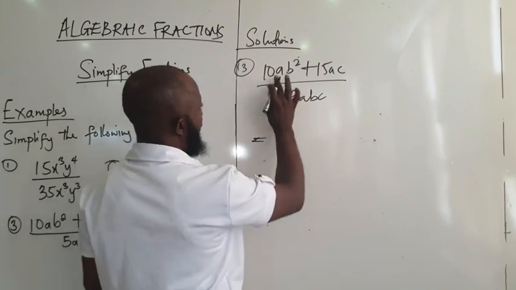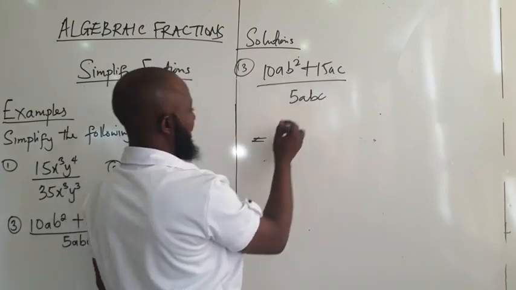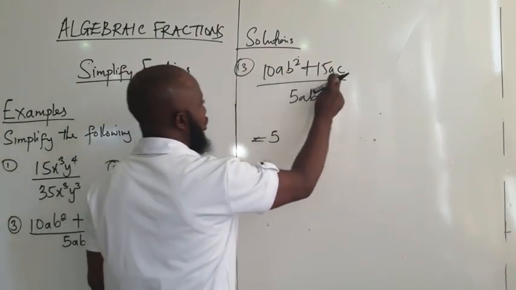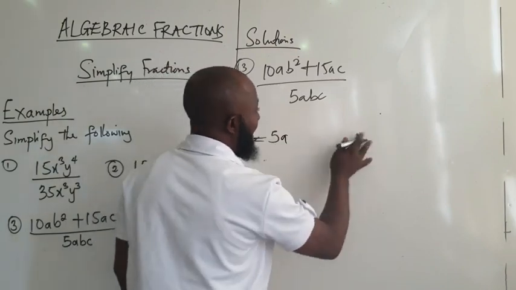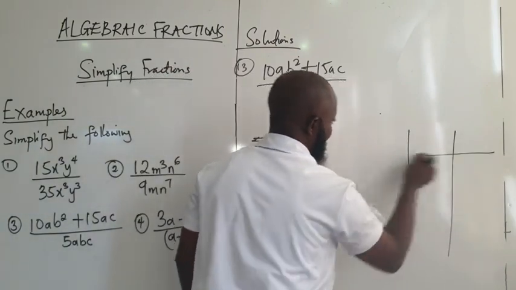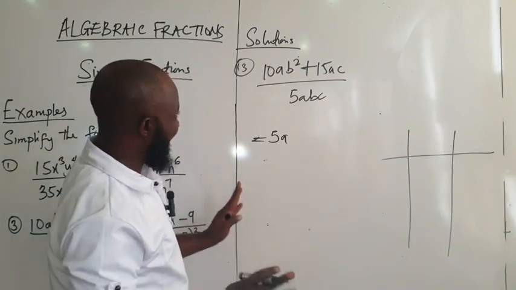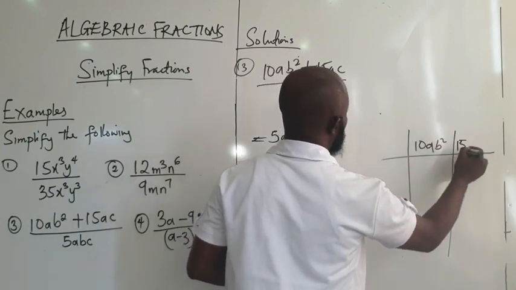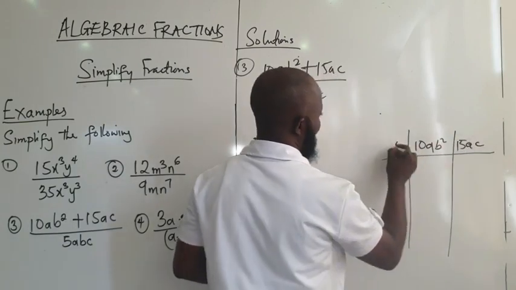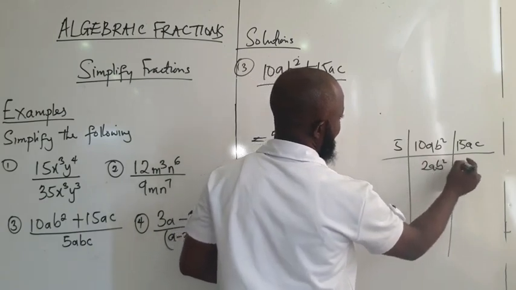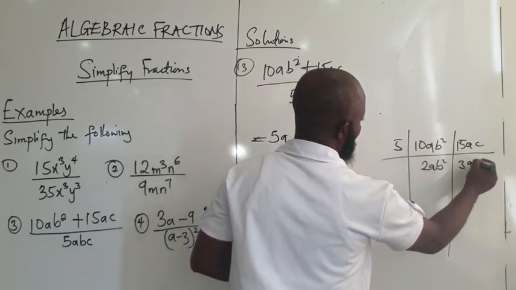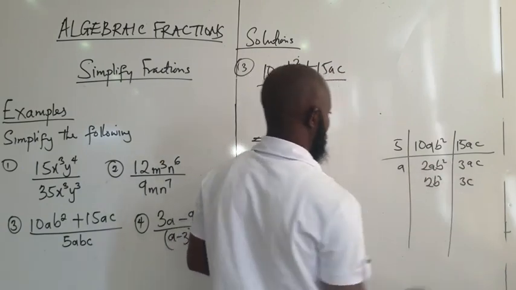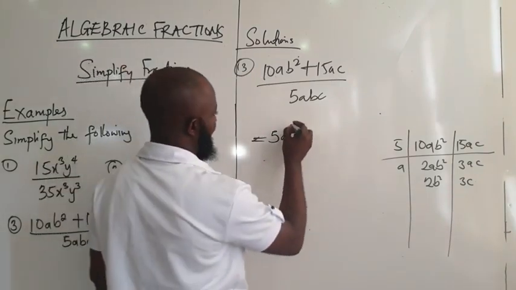So factorizing this one, what is common to 10 and 15? That is what? 5. 5 is the HCF there. Then a is also common. So preferably make use of this so that you don't make the mistake of not getting the HCF correctly. So we have 10ab squared, then we have 15ac. So 5 can go, that is 2ab squared. Then we have 3ac. What can go again? a. That's going to give 2b squared and 3 what? c. As you can see, so what we have is 5a into brackets